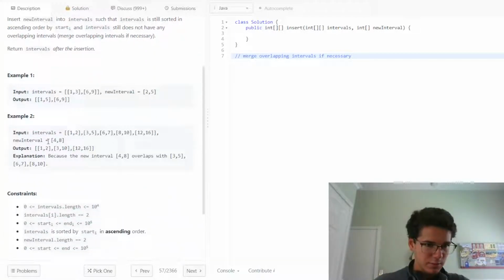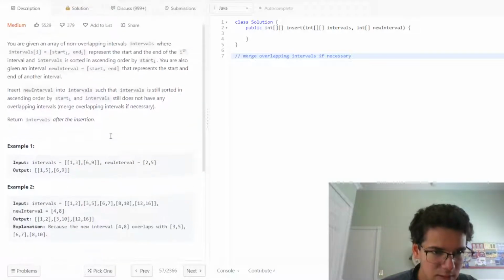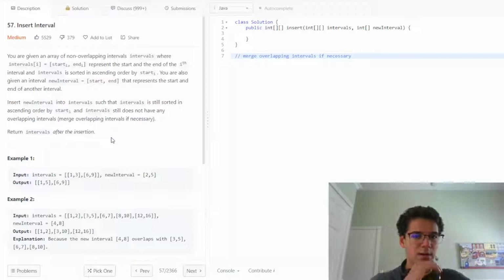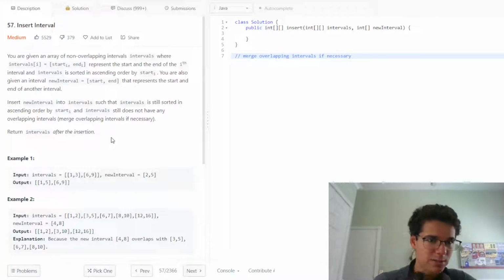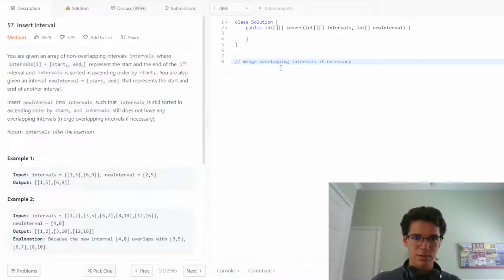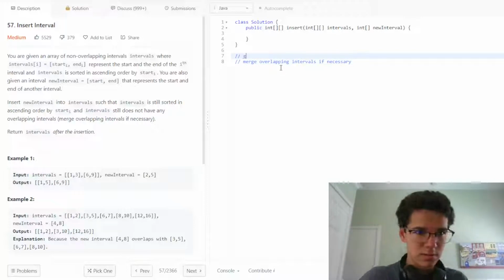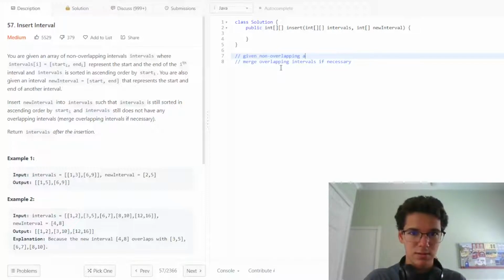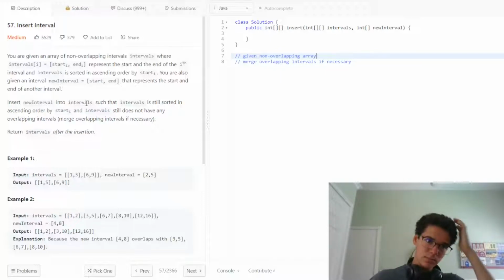Okay, and we're only given one new interval, but is it possible that intervals will start off by overlapping? No. They will start off non-overlapping. So we just have to merge them once we add our new value. So given non-overlapping array. Okay,